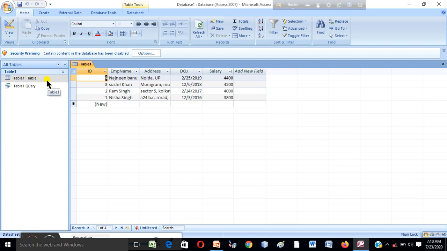Now we want to learn some features in MS Access. The first point I want to discuss is sorting or filtering. How we can sort data according to our requirement. Sorting data means arranging the rows in ascending order or descending order.